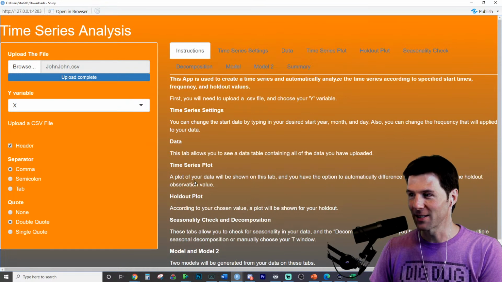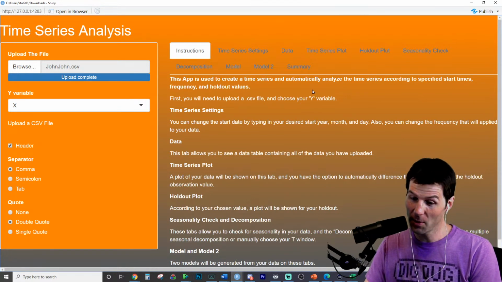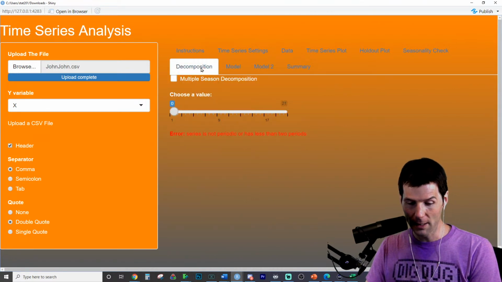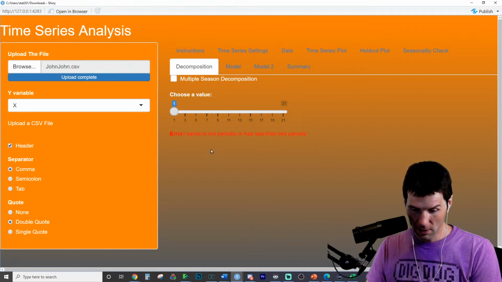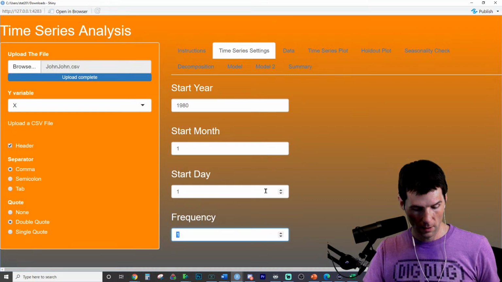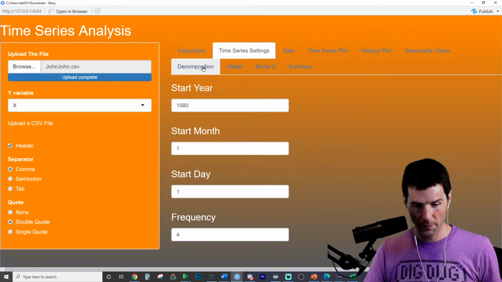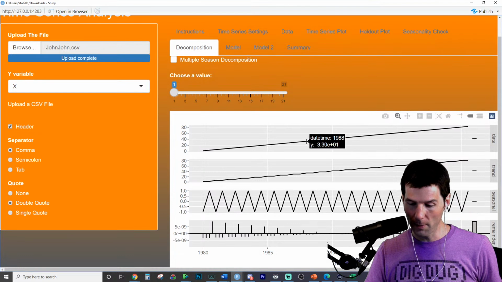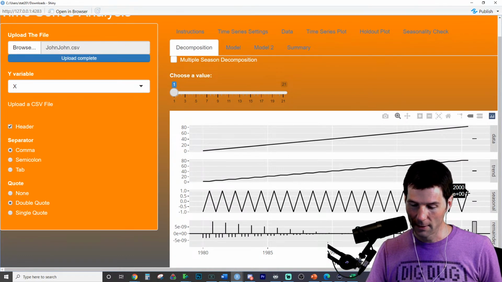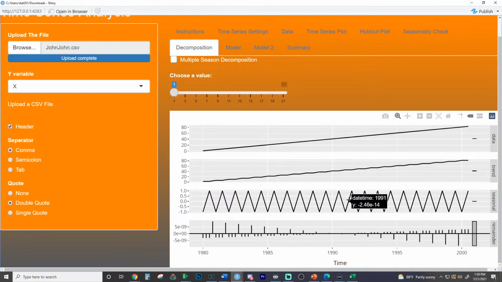None of this is time series. It's just having fun with coding, and that's part of the point of coding. The decomp. Okay, wait. Series is not periodic or has less than 2 periods. Let's go to the time series settings. Johnson & Johnson AS4, you're going to be the decomp. Oh, we're getting the decomp. Oh, it's in Plotly. I love some Plotly. Those are so tiny.